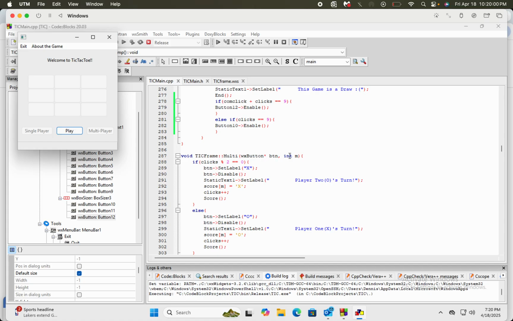This is a button, this is used for the index, as you can see here. Throughout the game, as I've explained before, the clicks increase in multiplayer no matter whose turn it is. So right now it'd be 2,